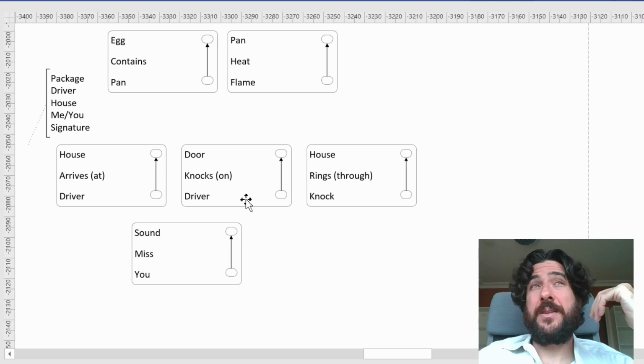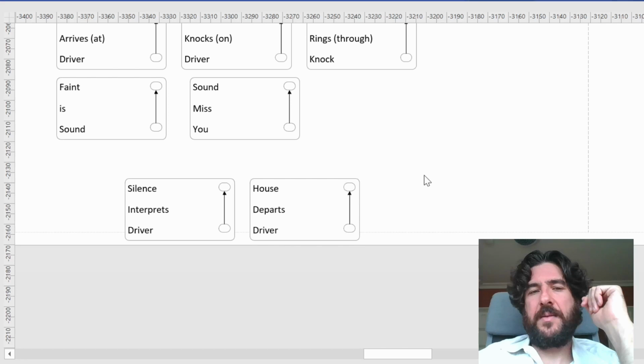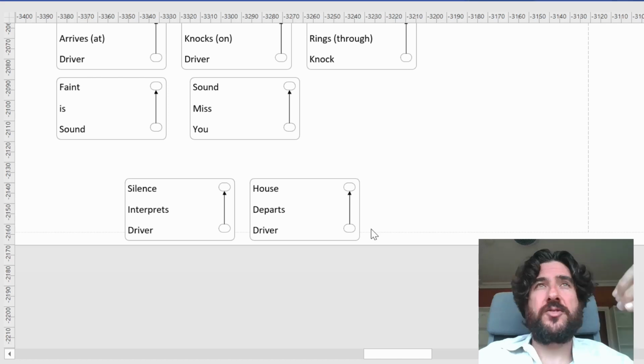So the driver interprets the silence. And let's say what's happening is, again, we're talking about the interpretation here. Let's say that interpretation causes the driver to depart from the house, something like that. And you could probably add in here that maybe the driver reviews the con note or the delivery instructions, and the instructions state signature required, or demand signature, or require signature, right? So you can build all of that stuff in here, but the point I'm trying to make